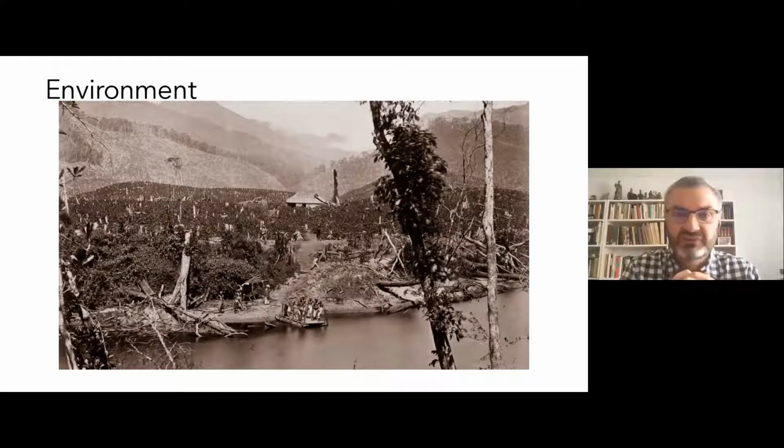I don't remember the exact date on this one, but I particularly love it because you can see the process of colonization happening in real time. In the back, up in the mountains, you can still see the edge of primary tropical forest. In the middle ground, you can see trees that have been felled and cleared, but perhaps not yet planted. A little bit closer, you can see young plants, and then right up front, very dense farms